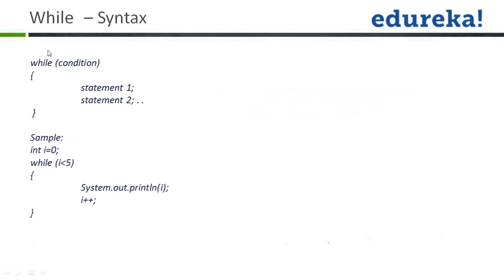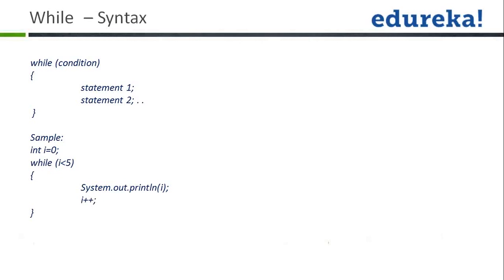Now if we see the syntax of a while loop, we have while, and we place a condition within the parentheses right here. On the basis of this condition, till the time it is true, it will keep on executing the statements that are present in the while block. Now if you see the example right here, you have initialized a value I outside, used the while keyword, and in the parentheses you check whether the value of I is less than 5 or not. If it is less, it will move inside, first print the value of I, and then increment the value.